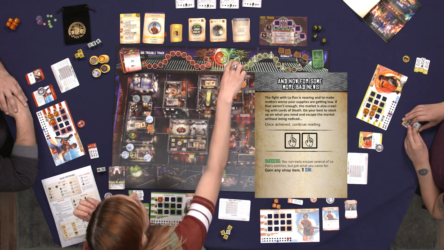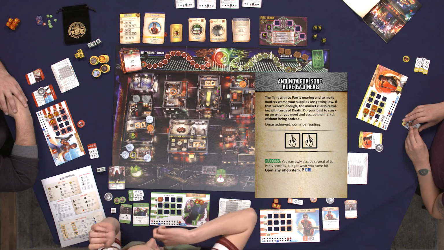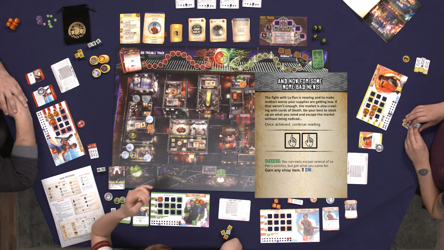So this also has tasks. I need 2 body die. I just used your body. Yeah, but if I have an epic...